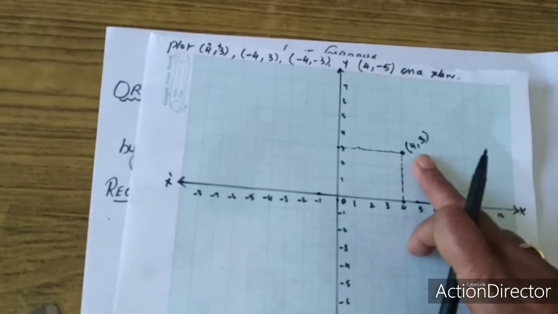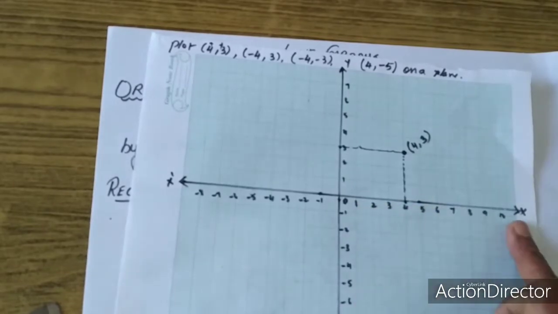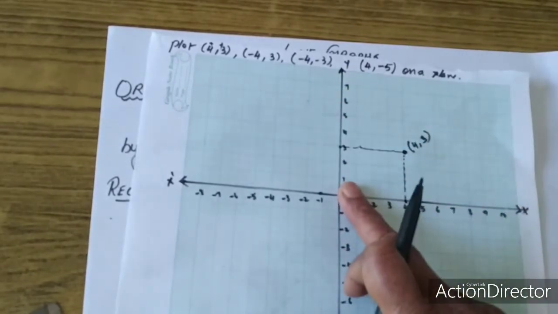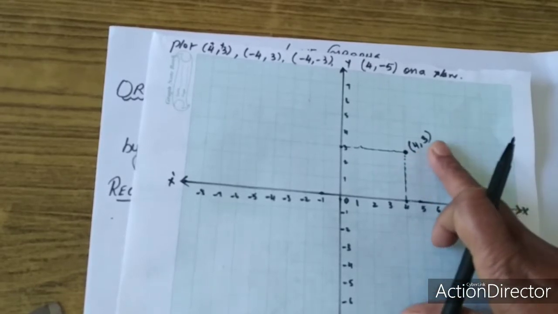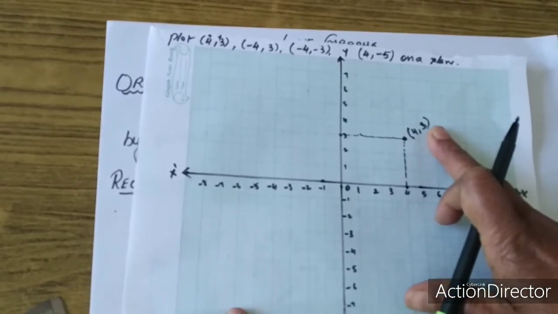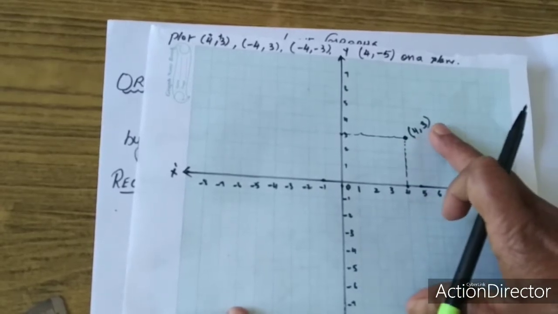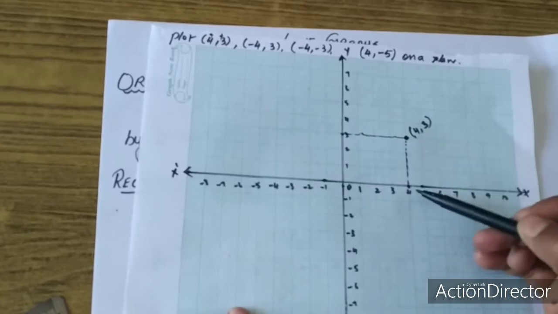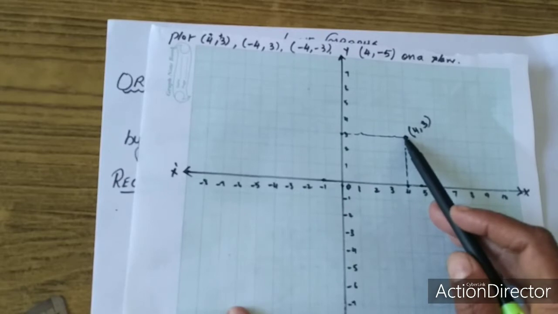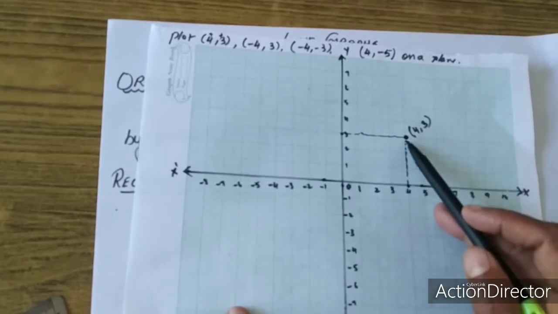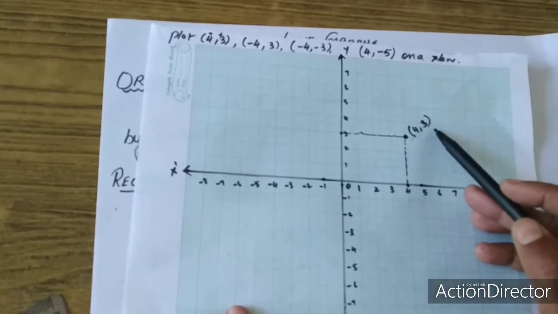Since here also you have to check whether both the numbers are positive. Here x is positive and y is positive. First one always denotes the x coordinate and the second one always denotes the y coordinate. So here first one x is positive and y is positive. So from x you take 4 and from y you take 3. And the point of intersection, wherever these two coordinates meet, that coordinate you call it as 4, 3.